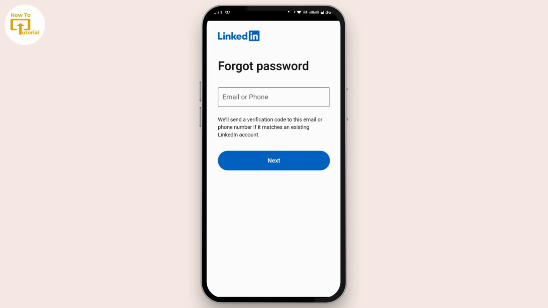There you will get a verification code if you have an existing account, and then simply tap on next and enter the verification code. Once you enter the verification code, you will be logged into your LinkedIn account, and after that you can simply change your password. Or if this is not the case and you are still having a problem to log in,